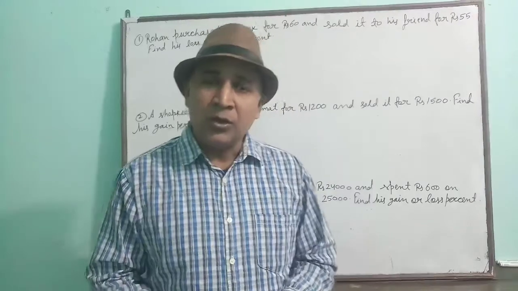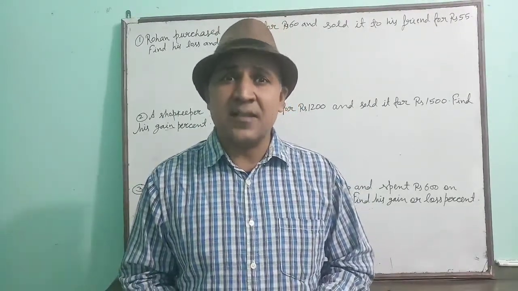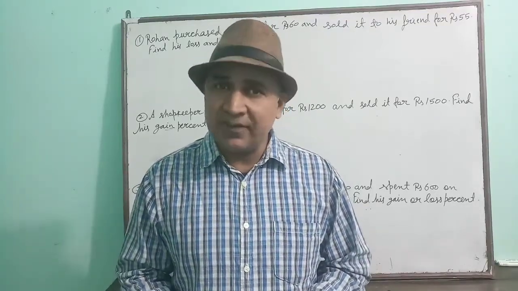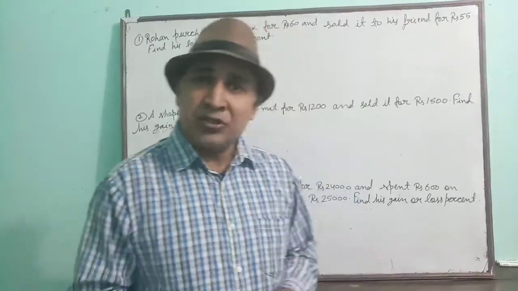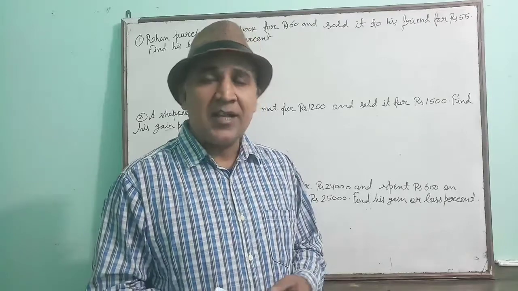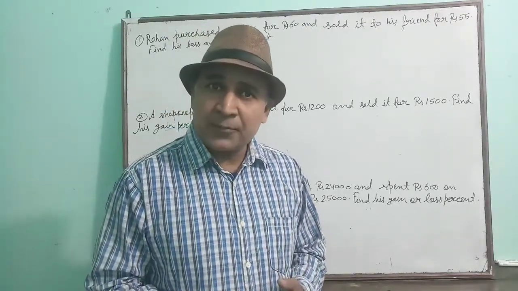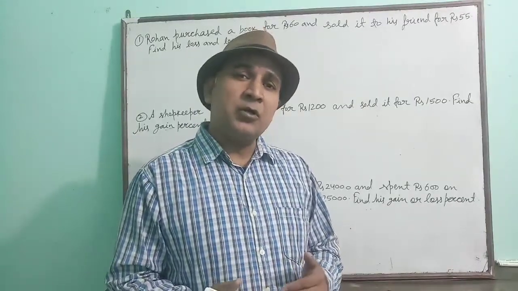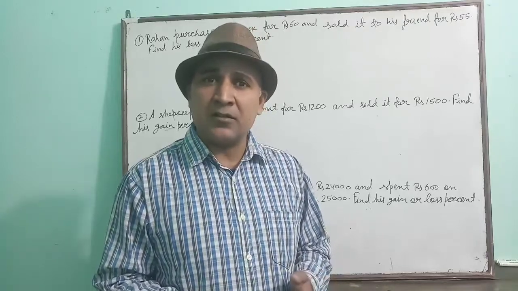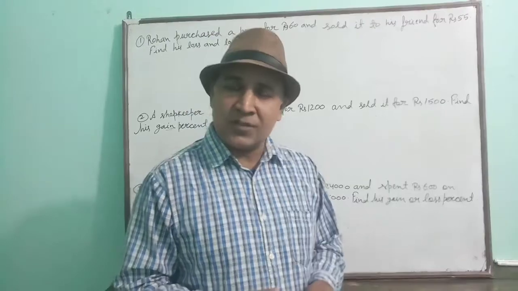And as you know, your unit 3 test will start in December, maybe in the first or the second week. You will be notified very soon. There are two chapters in it: the first one is properties of triangles and the second one is profit and loss. We have completed both chapters, but today we are going to see all the types of questions from profit and loss, and after completing it we will start properties of triangles once again.